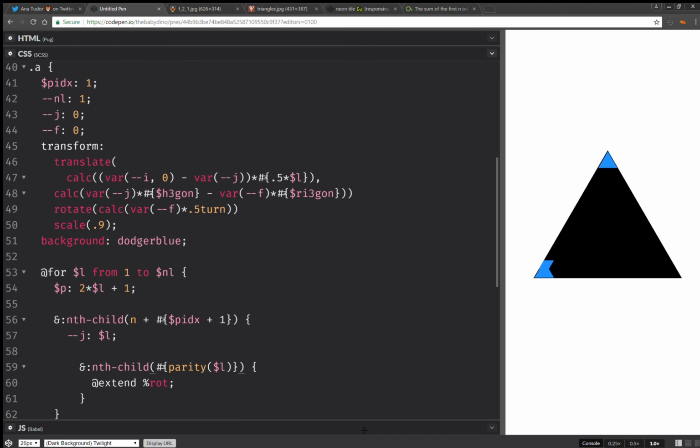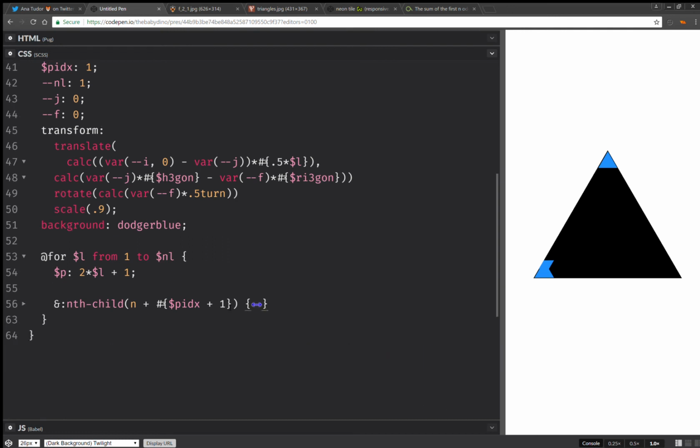And one more thing, here I'm going to need to have nth child minus n plus previous index plus the number of triangles for the current layer. And one more thing that I'm going to do, and I think I can collapse this here right now, I'm going to have nth child, I'm not going to have n, it's going to be the previous layer index